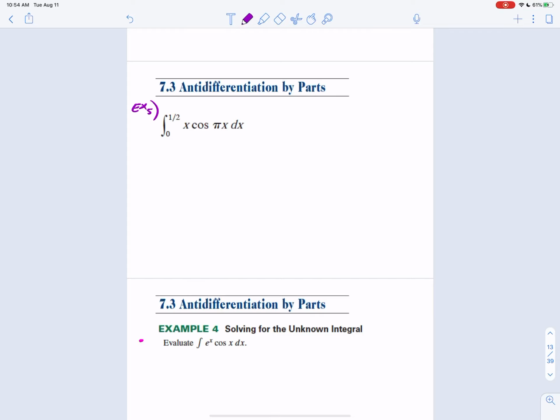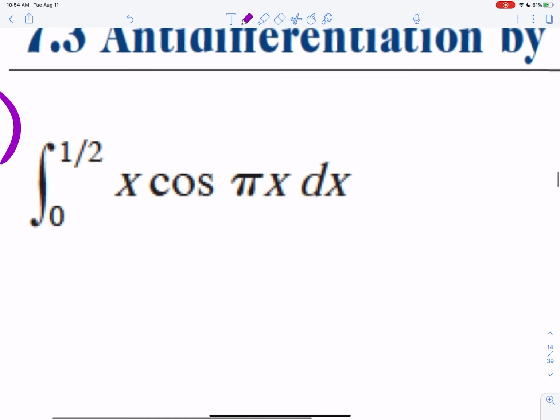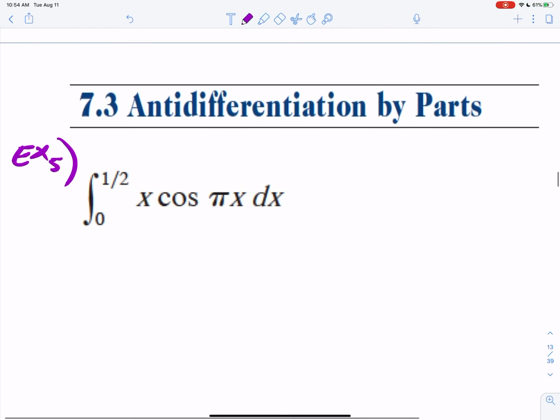Okay, how's this different, right? So hopefully you noticed that there are bounds here. We have a definite integral now, right? So not a lot has changed. Maybe just the way that you write it changes a little bit, but here we go. Do we use integration by parts? Probably. We have a product here. We have something algebraic, x, and we have something trigonometric. Right? So u should be